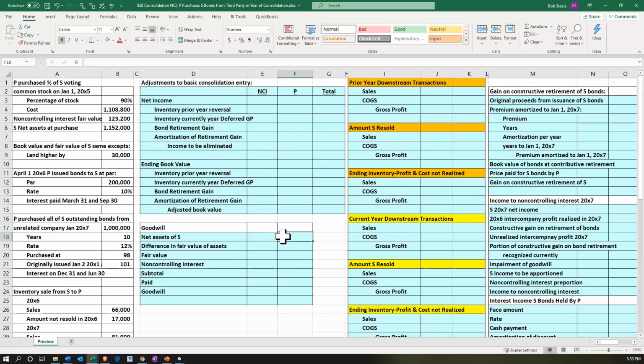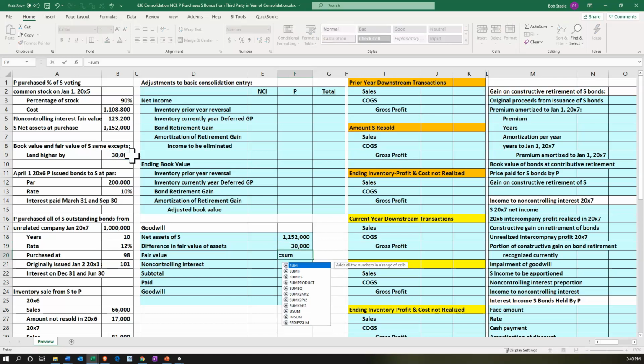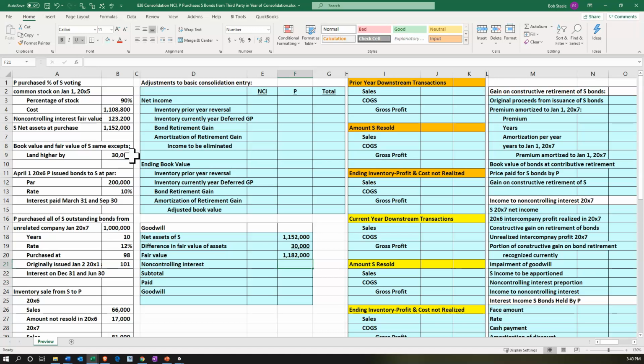We're going to see if there was any goodwill involved here, which there should be, considering it was impaired, and we were told that. So the net assets at the point in time that the original purchase took place was the $1,152,000. The differential, or the difference between the fair value and the book value, is this land. We had this land on the books, which was $30,000 higher. If we then sum those two up, that's going to give us the